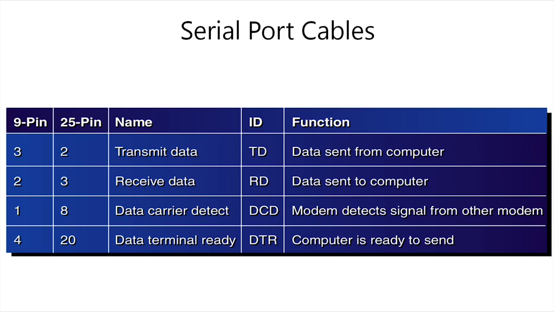So pin 1 is data carrier detect. Modem detects signal from another modem. And number 4, the data terminal ready, DTR, computer is ready to send. So, hey, printer device, I'm ready to send data. And it says, okay, I'm ready. And then the transmit data would go ahead and start transmitting the data. So the TD would light up when the DTR was acknowledged by the printer,